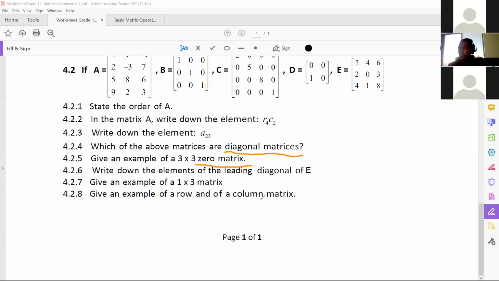Okay? So a column matrix, give an example of a row and a column matrix. So that's just an example of the previous questions that we talked about, right? So these examples can either be drawn in as a matrix or it can just be given as a dimension. That's also okay. So that was the exercises that we had yesterday, and today we will continue with our lesson